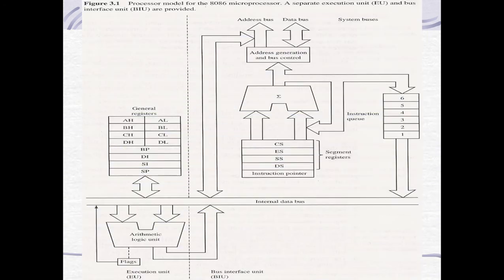This is a simple diagram that represents the two units, a separate execution unit and the bus interface unit of the 8086 microprocessor. We have general 16-bit registers, and we have an arithmetic logic unit that is responsible for arithmetic and logic operations. There are flags. So this execution unit is responsible to execute an instruction, while the bus interface unit is responsible to generate addresses,